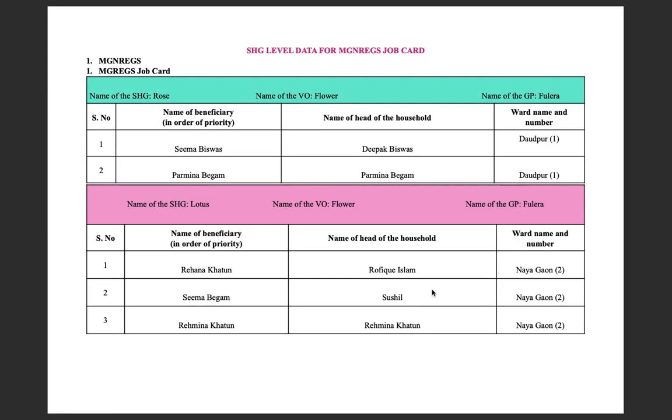So as we know that in the last SHG data collection format, we had learned entitlement data collection for NREGA job card, MGNREGA work demand and old age pension. So now I will teach you how to consolidate that data at the VO level. What you are seeing now is the same SHG level data which we had filled last time. The MGNREGA job card from the Rose SHG and the Lotus SHG. Here we can see that from Rose SHG there are 2 beneficiaries and from Lotus SHG there are